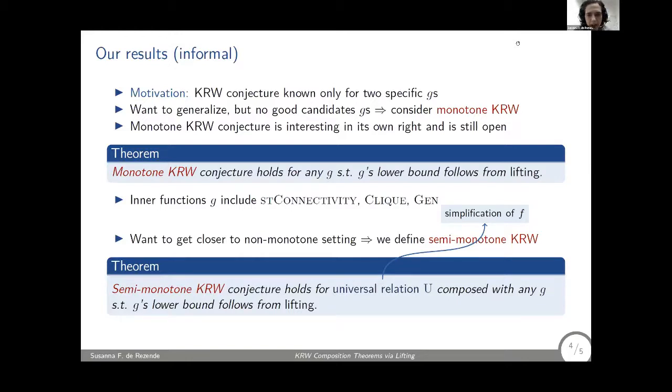What would imply it is this: you don't actually have to prove it for all the inner functions. If you proved it for all outer functions when composed with a specific multiplexer relation, which is something that Orr has in one of his papers, that would be enough. It just seems that what's hard is understanding the inner function, but it's not that the other way around would be enough, as far as I know. Okay. Thank you.